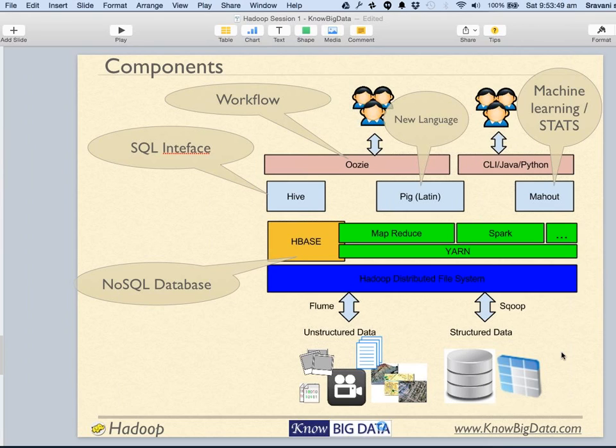Now Vikram's question is, how are concurrent requests for the same file block handled? Very good question, Vikram. As we talked about, a block is located on multiple machines because it has replications. So effectively, a block can sustain three requests in parallel for the same block. Similarly, if you are watching a movie, some people would be reading the first block, some people would be reading the second block, and some people would be reading the third block, and that way the load is distributed across the cluster. Make sense, Vikram?